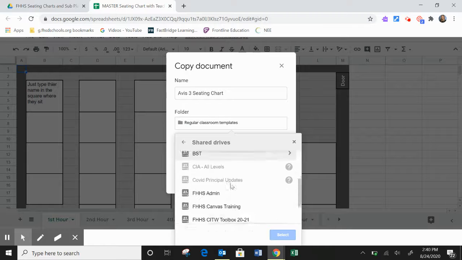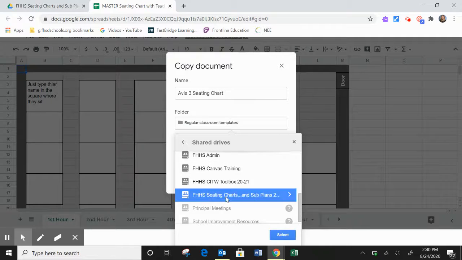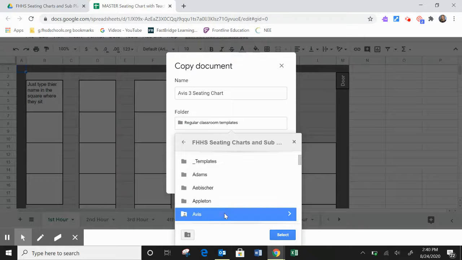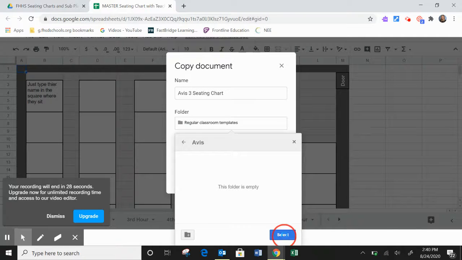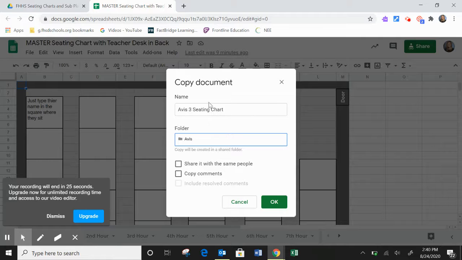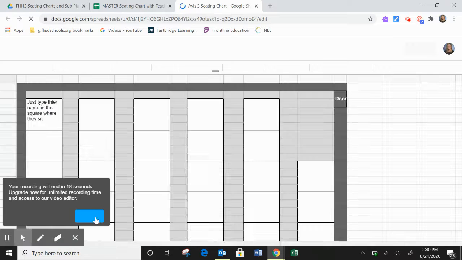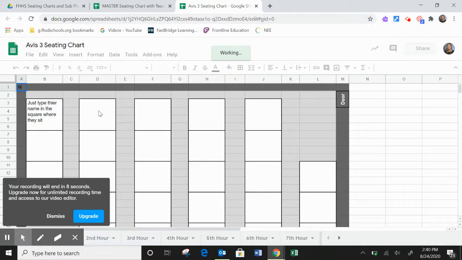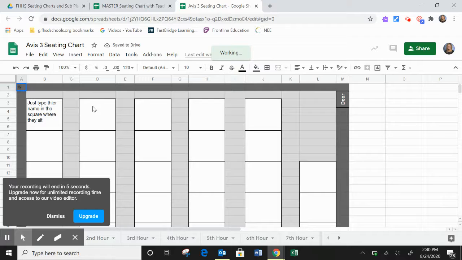And then I'm going to scroll down to where I see our shared drive, the FHHS seating charts, and click in that. I'm going to find my name, and then I'll select that. And then my copy of my seating chart will be right in there. And then all I have to do is begin adding the names of my students on the chart. So I'll ask that you do that for every class